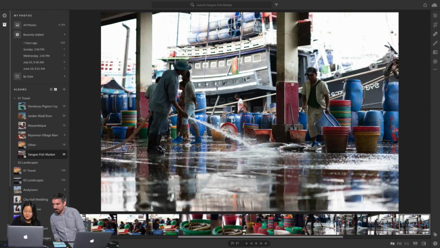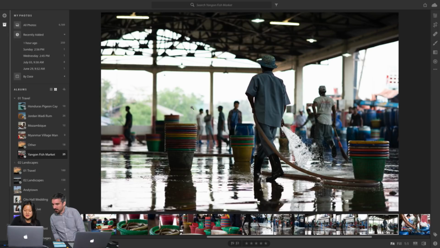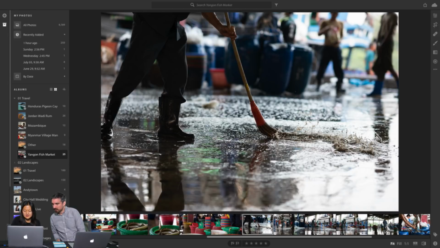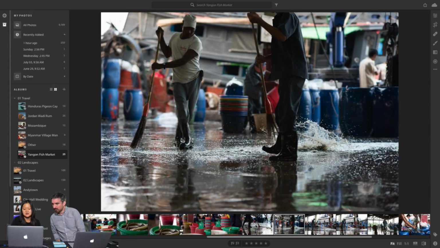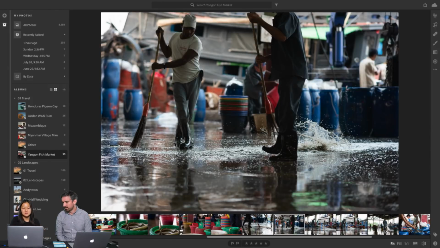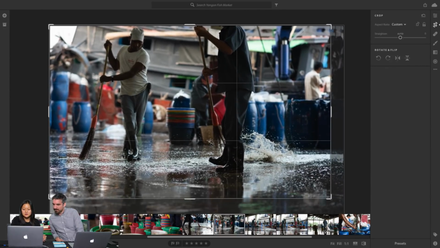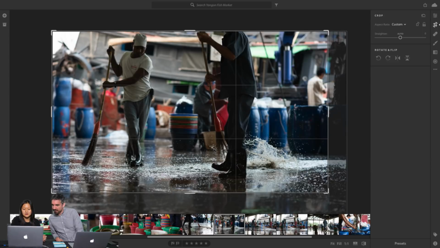Even just these, wow. I honestly like these. There's something to be said for this, because even though this is a better composition, the feeling of these two is better because there's more movement. It's like a dance. I might work with it and try to embrace the fact and make it almost feel like